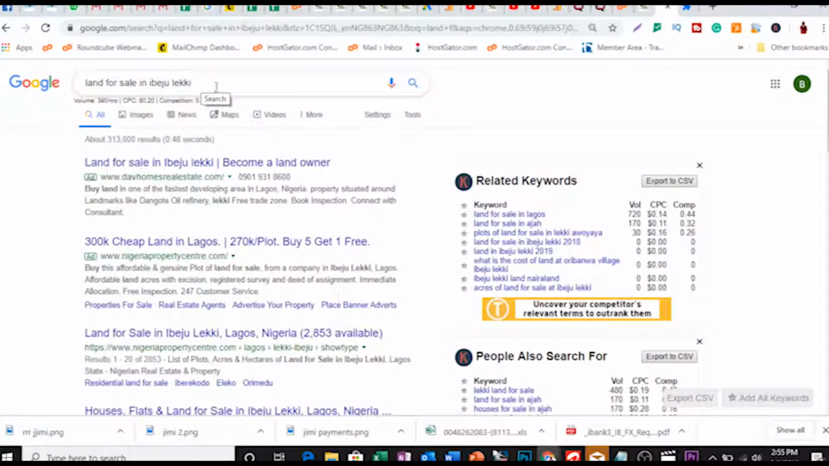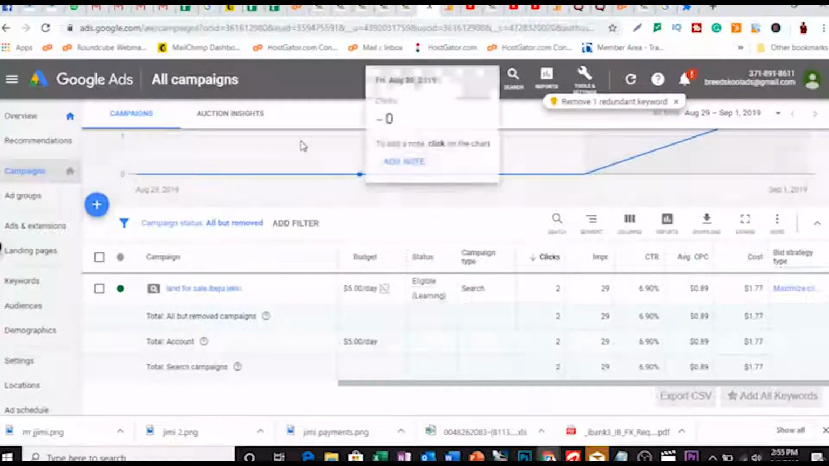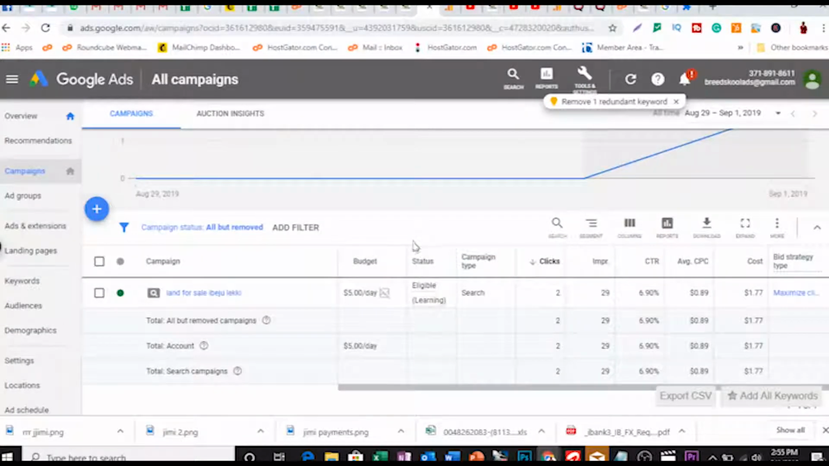Let's check the ads account to see what results, if we're getting clicks. So here we come. All right. Okay, so we've gotten 2 clicks right now for the ad campaign. We've gotten 29 impressions, and the click-through rate is 6%, and we're charged 89 cents each time somebody clicks it. So you can see the power of running